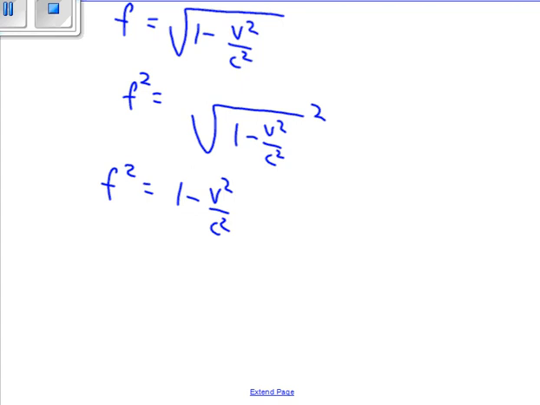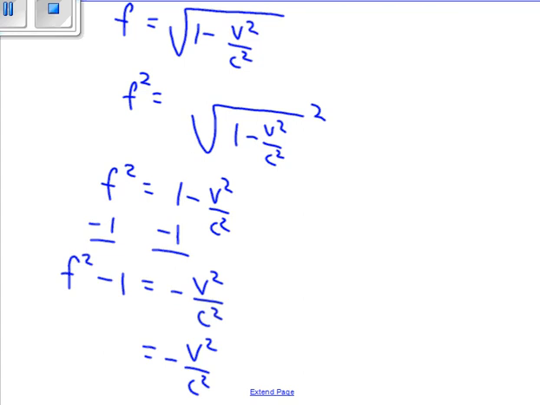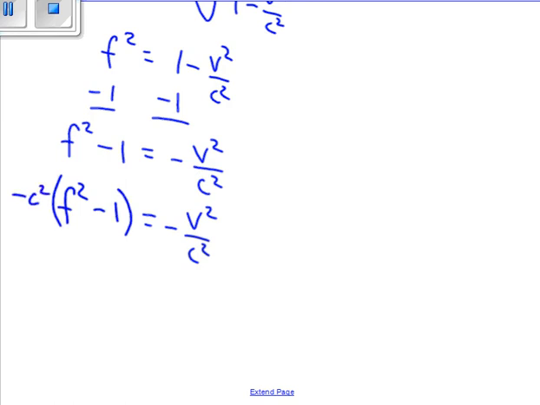Now I want to get the v squared by itself, so I'm first going to get rid of this 1, so I'm going to make this f squared minus 1 equals negative v squared over c squared. So if I want to get rid of the negative and the c squared, I'm going to multiply both sides by negative c squared,